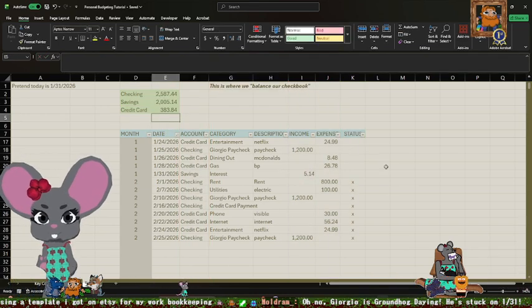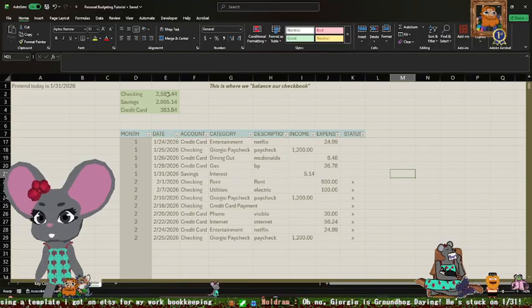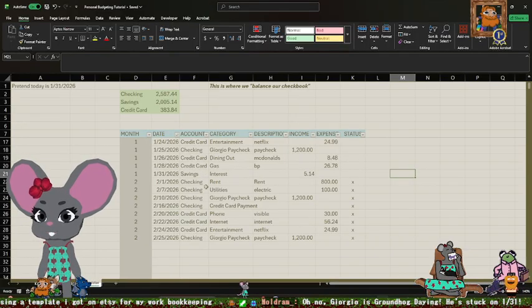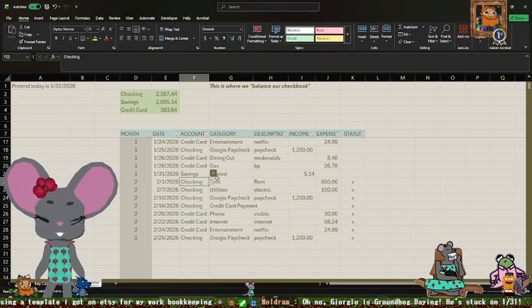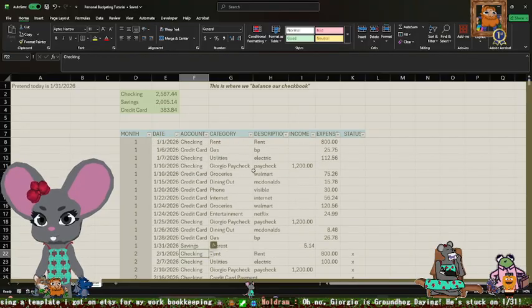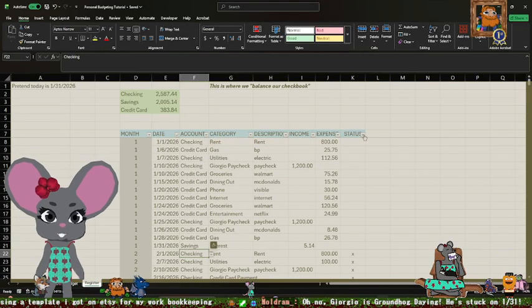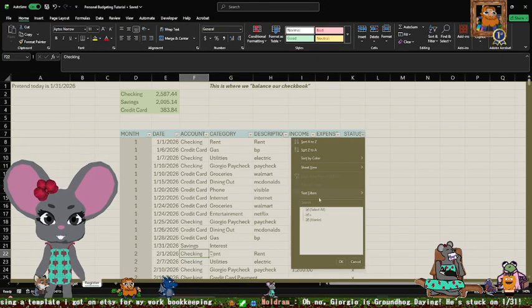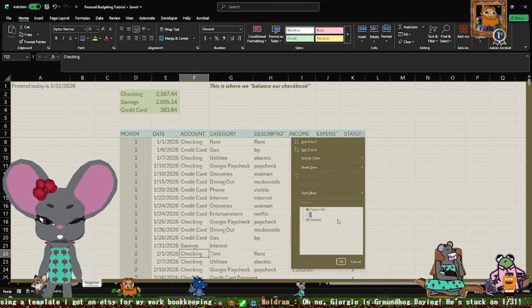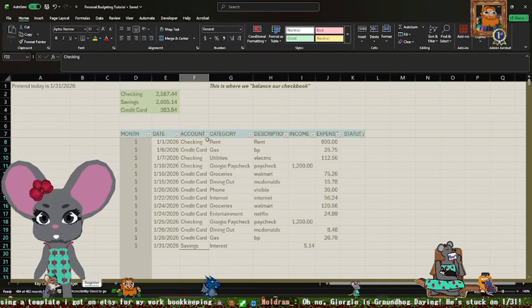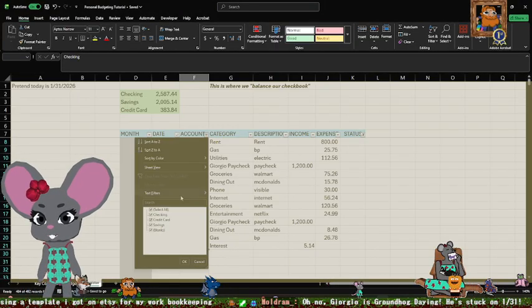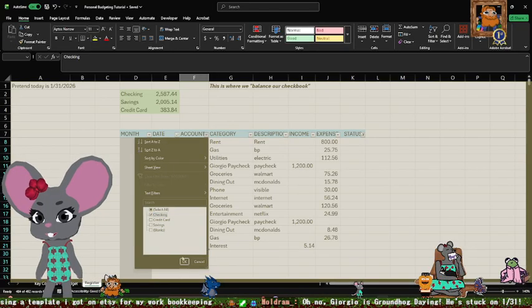There we go. Okay, so let's verify that these formulas are working correctly. We're going to do a filter. We're going to filter out any of the X transactions, and filter to just the checking.